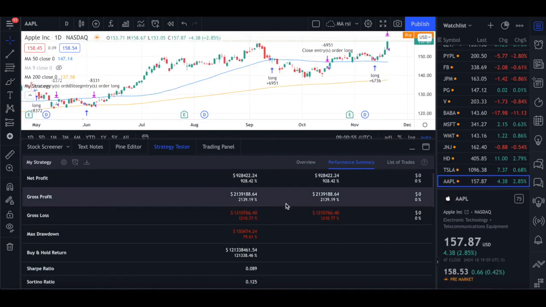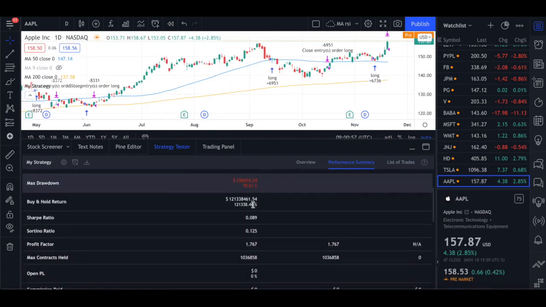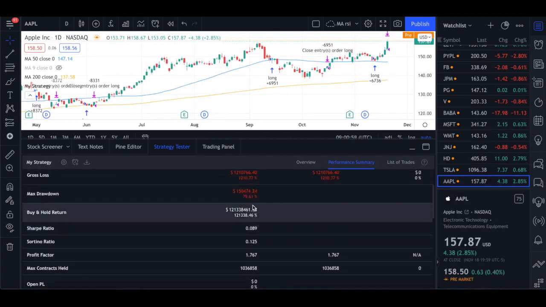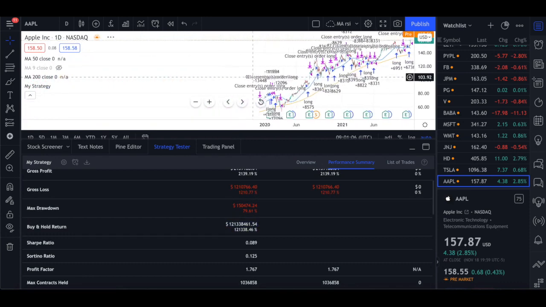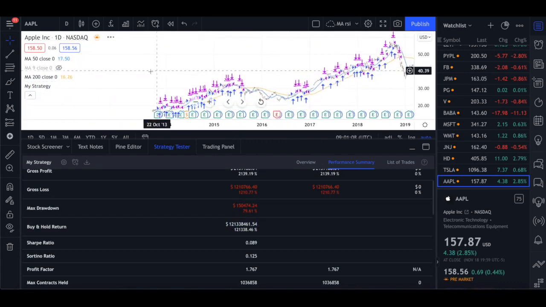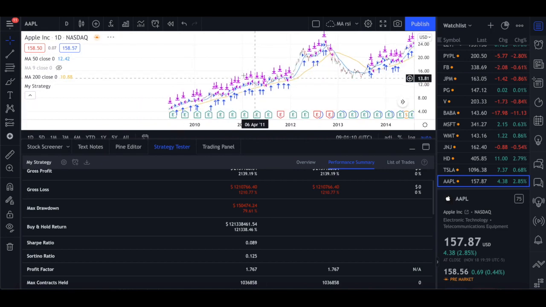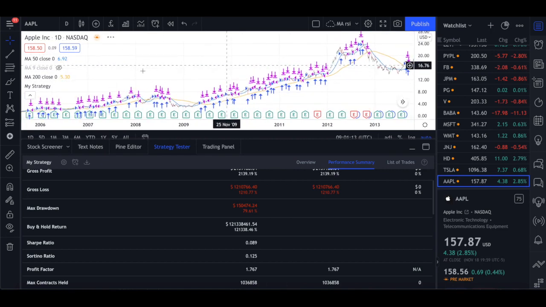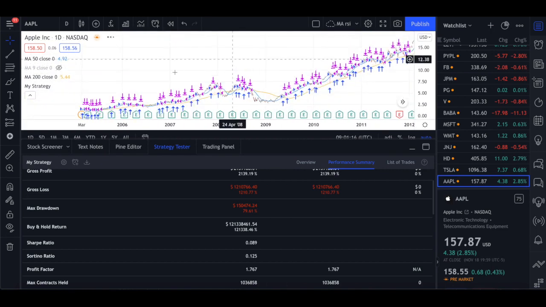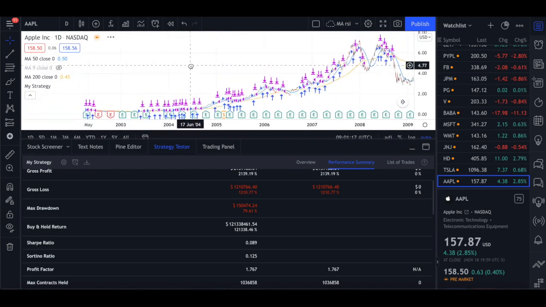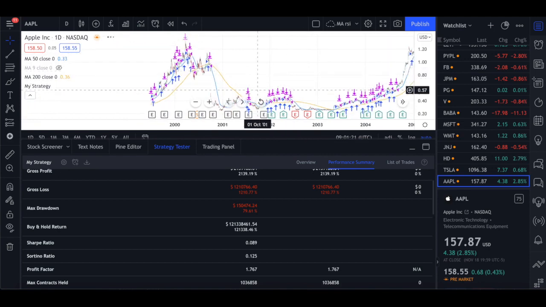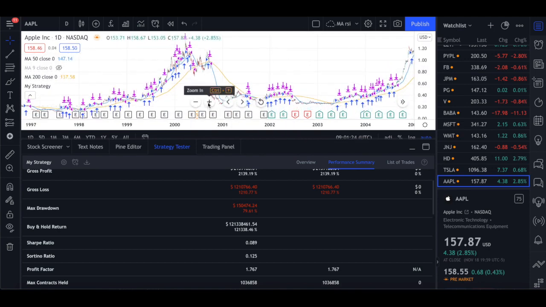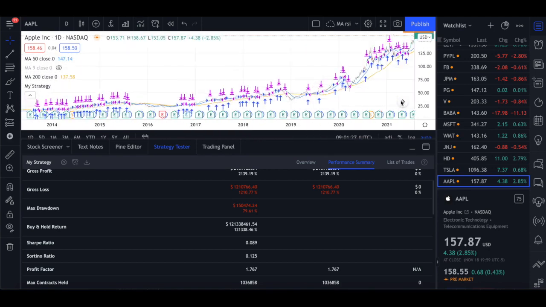So if I go to Apple here, you can see the gross profit and gross loss, and then the Sharpe ratios and the buy and hold return. Buy and hold return is basically calculated from when the stock started. I had a few emails a long time ago saying that some of the strategies don't beat buy and hold of the specific stock, and they won't, because the stock was listed at, I don't know, penny stocks basically. So it's like 0.4 or 0.5 and somewhere in those ranges, and then obviously it's gone now to